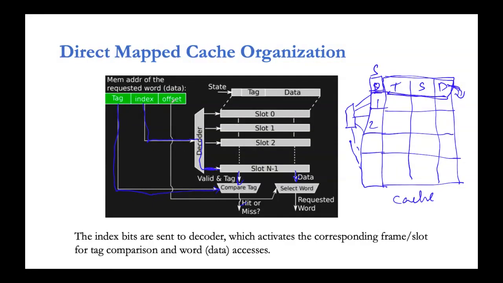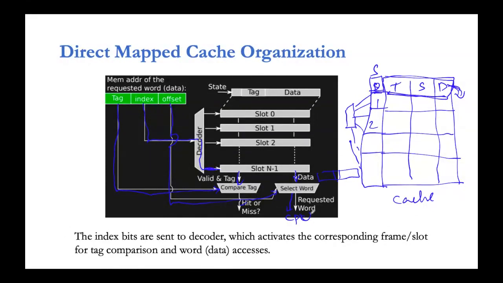So the offset will be taken, and this offset will be used for selection from the entire block. Based on this offset, the piece of the block that is required will be selected, and that word will be given as an input to your CPU to perform the